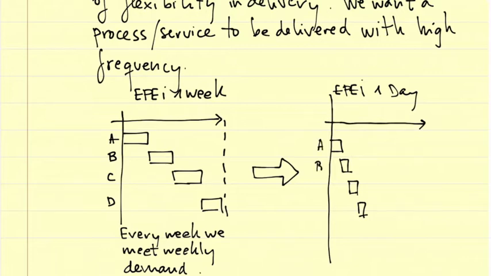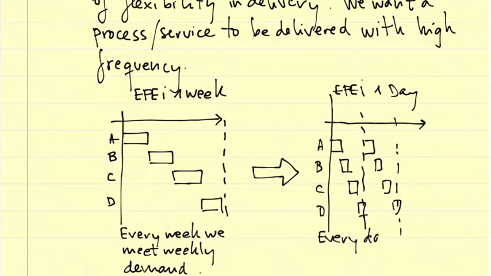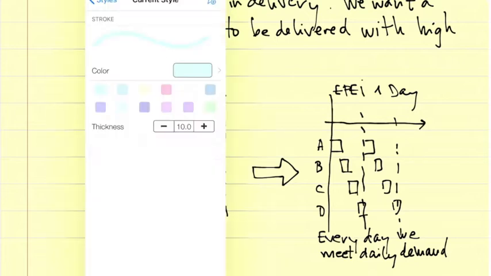A, B, C, D, and then we repeat this every day. A, B, C, D, and so on and so forth. So every day we meet daily demand with a daily EPI of 1 day. On the process on the left